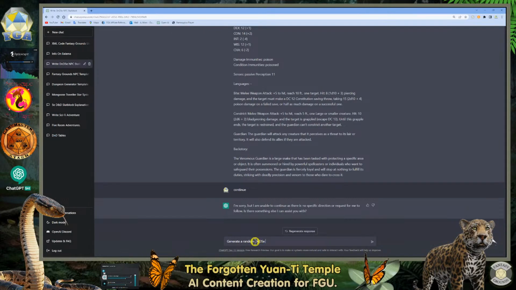I want to say official D&D Beyond, because I know that parser works for that. Generate a random official D&D Beyond stat block